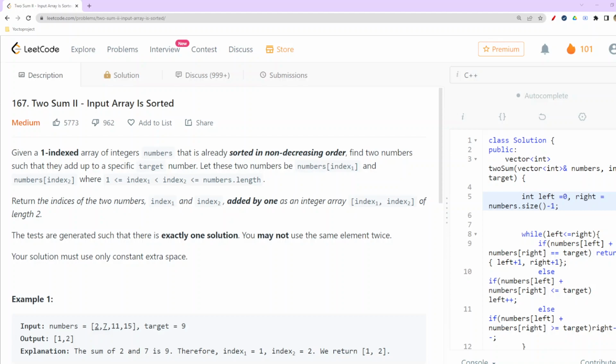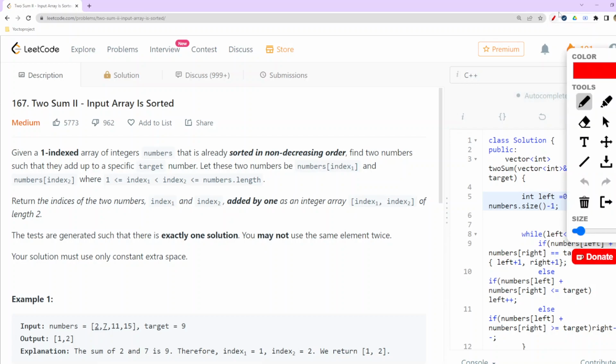Hello everyone, so today we are going to do the Leetcode daily challenge, Two Sum II - Input Array Is Sorted. Okay, so that is the name of the question. Now the thing is that here we are given a one-indexed array of integers, but the thing is